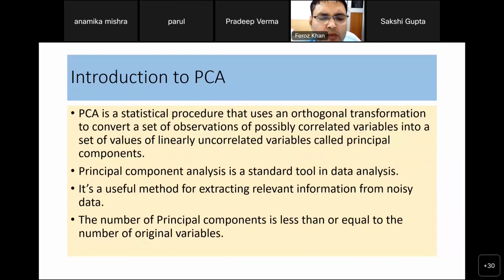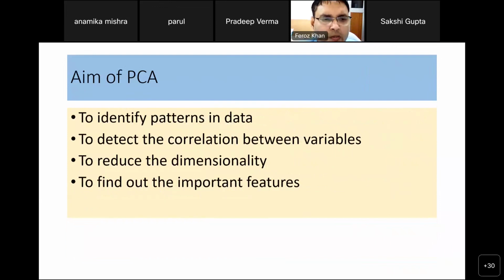Principal component analysis is basically a standard tool nowadays to convert high-dimensional, diverse and noisy data to meaningful data. It reduces the dimension. So that is the beauty of PCA. Majorly, the aim of PCA is explained by how researchers in research labs are using this method.